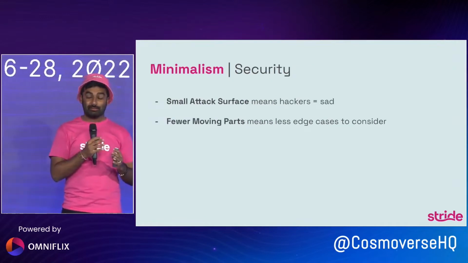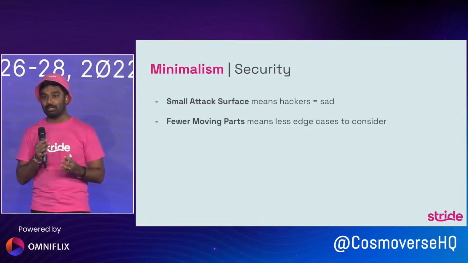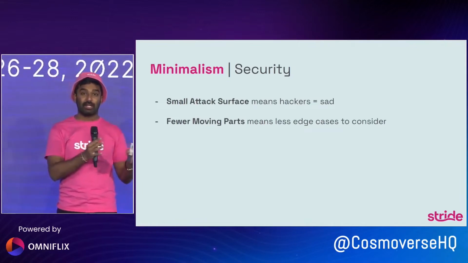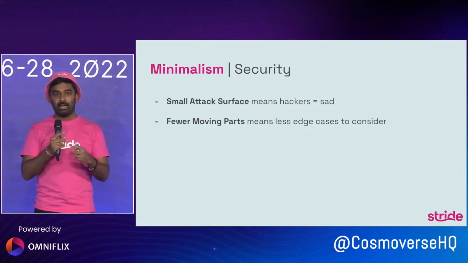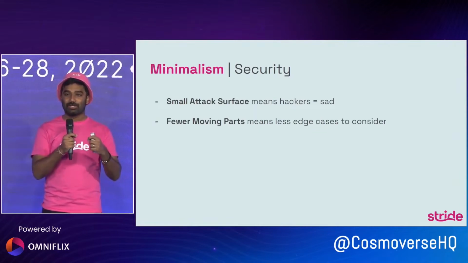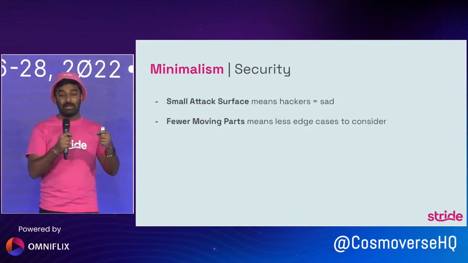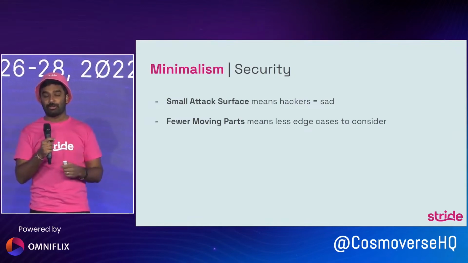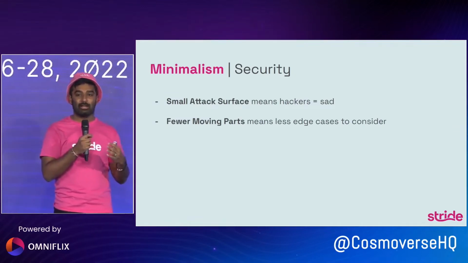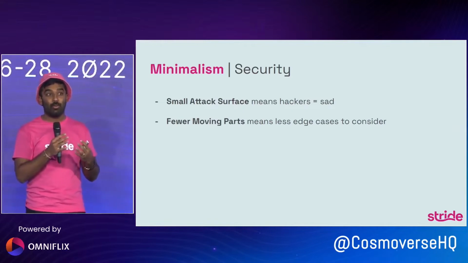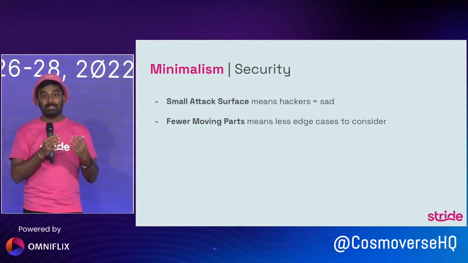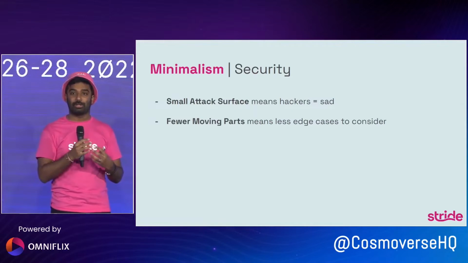The last thing I really want to focus on with minimalism is security. When your protocol does a few set of things, and only those set of things, it makes the potential attack surface, or the set of ways attackers can penetrate your system, fewer and farther in between. So when you think of a potential hacker trying to attack Stride, there's very few things they can do on our blockchain, and it makes it hard to think of really critical vulnerabilities.